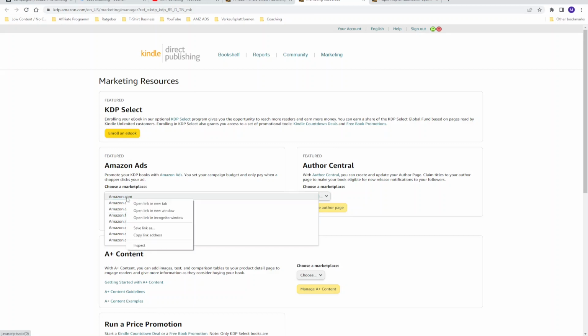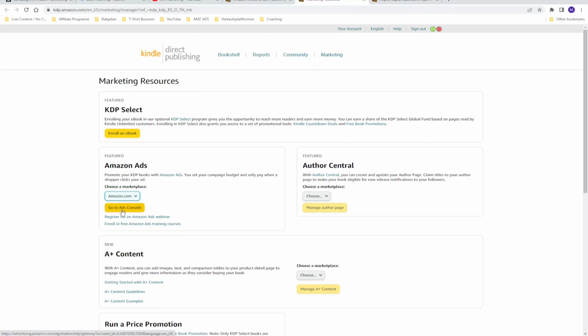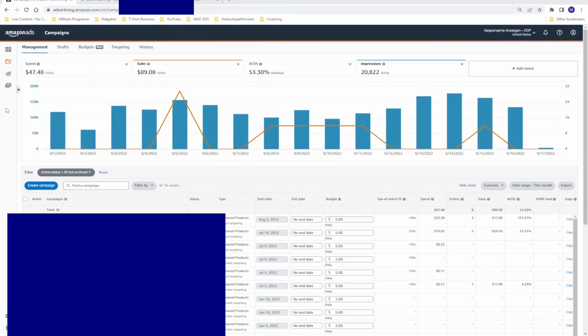As I mentioned, in this video we have a closer look at Amazon.com. You choose the marketplace and go to Ads Console. When you click on the button, the first thing you have to do is log in to your advertising account. The login is the same as in your Amazon KDP dashboard.